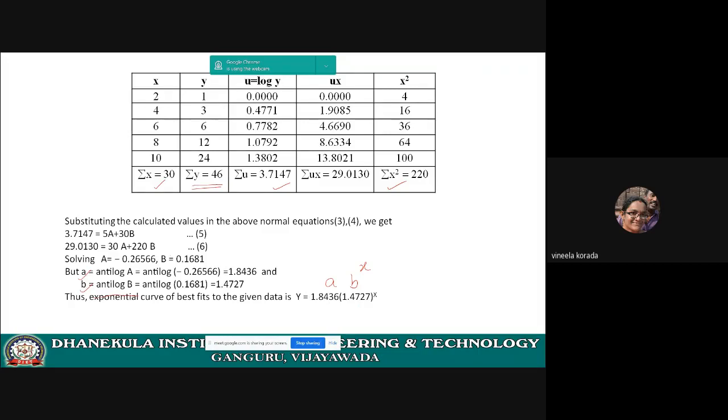Y is equal to 1.8436 into 1.4727 power x. Yes, I hope all of you have these answers. Just note down this problem also and solve this for the next class. So this is also the problem of a power curve of the form y is equal to